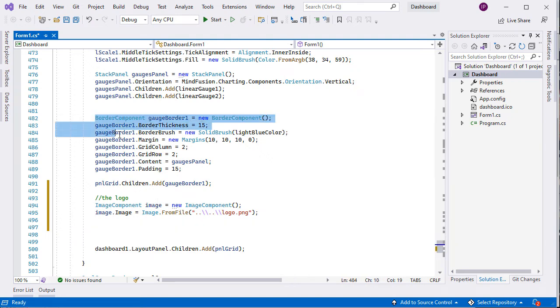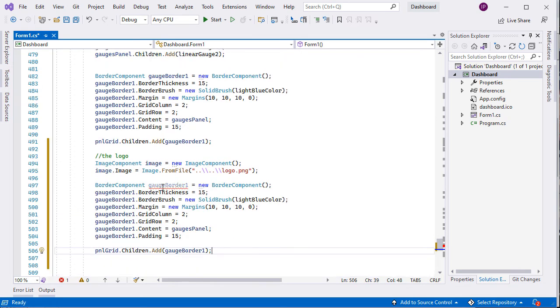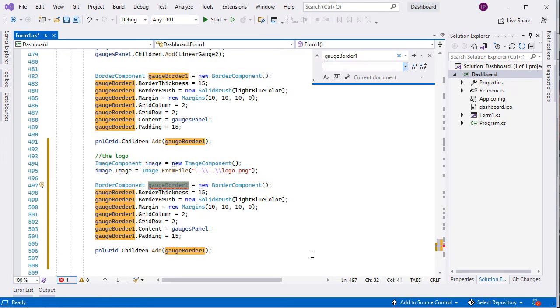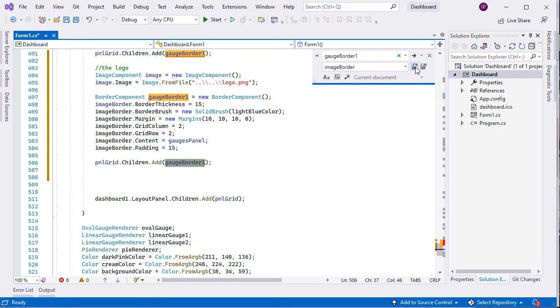Now let's copy the code for the border component of the gauge. We will use it to put the logo in it. We rename it to image border and change its grid column to 1.